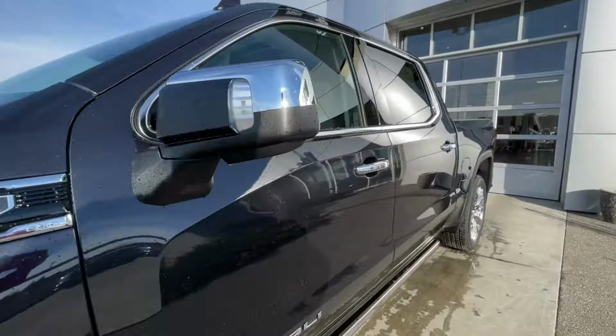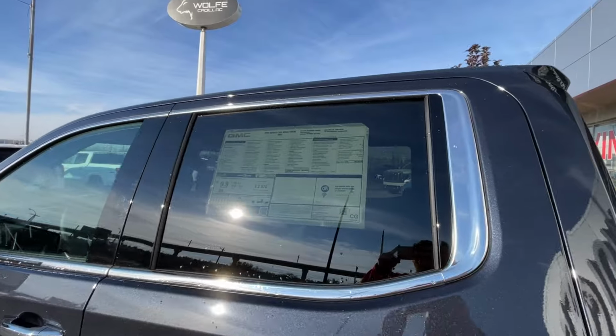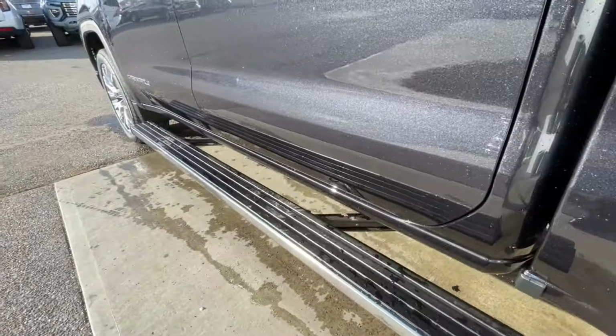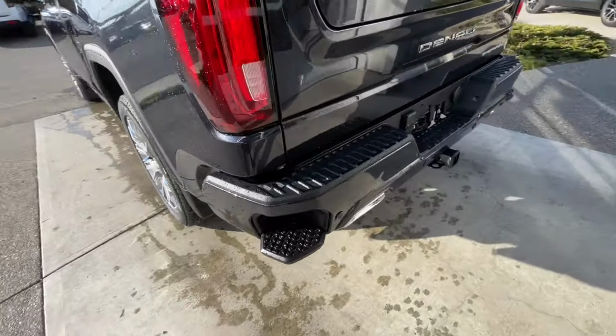Back down the side of the vehicle, this truck is remote start equipped and has keyless entry, rear tinted privacy windows with chrome trim all around, automatic step assist come on when the doors are opened and retract once the doors are closed. At the back of the vehicle, we have side steps built into both sides of the bumper,